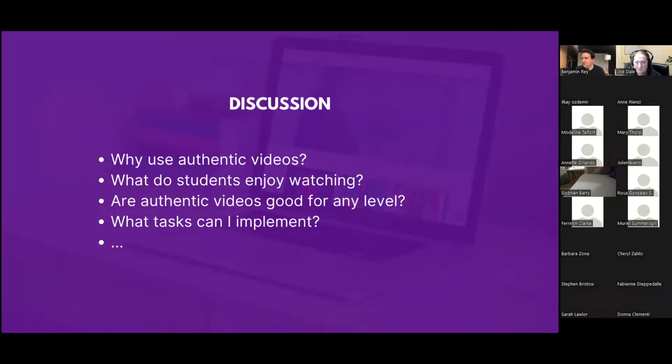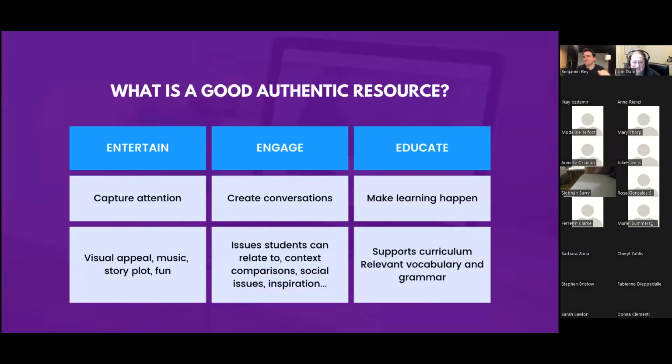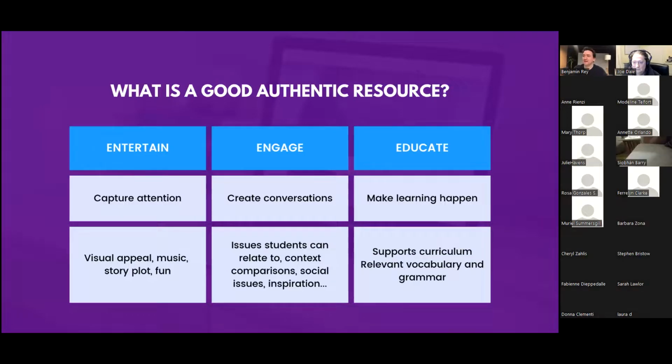Okay, so I'll just go through some of the slides that I made, anticipating some of the issues in the discussion. And so, what is a good authentic resource? This is not the ultimate answer, but we touched upon some of these things earlier in the conversation, and I thought it would be interesting to reflect on why use authentic resources and what is a good authentic video,